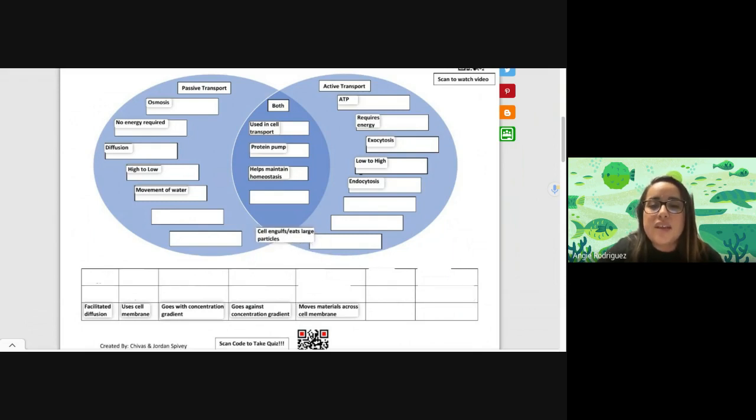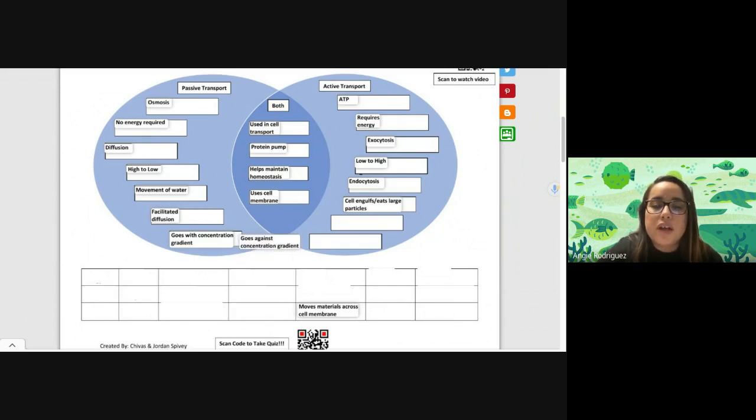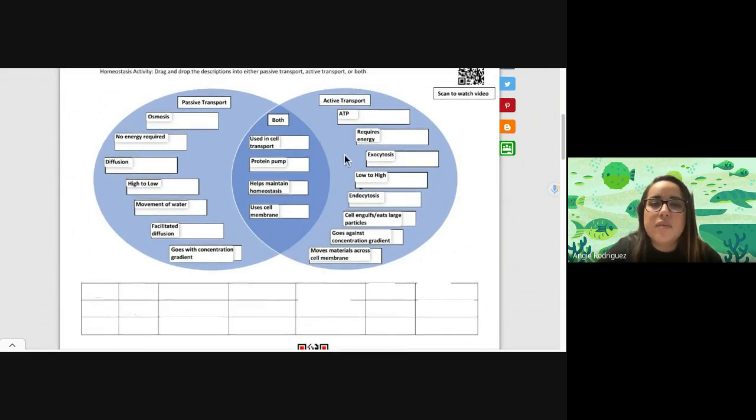Cell engulfs or eats a large molecule, that's for phagocytosis, that's a type of endocytosis, so that would be active transport. Facilitated diffusion, we can put that with passive transport. Uses the cell membrane for both of them. Goes with a concentration gradient, that would be for passive, high to low, going with the flow. Against it would be active transport, and moves materials across the cell membrane. We can put it right here. Okay, so this is my Venn diagram for passive and active transport, and then also with the similarities between passive